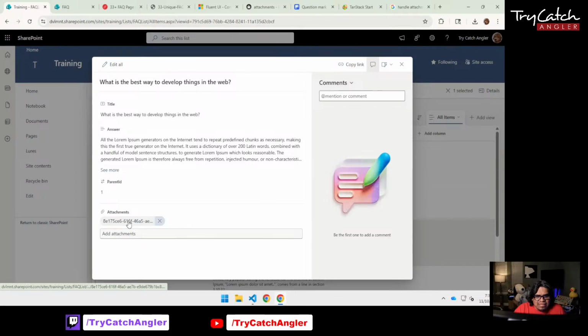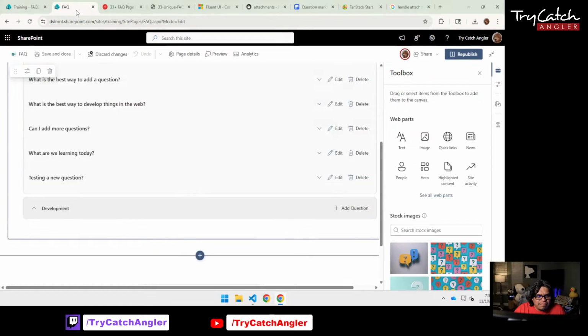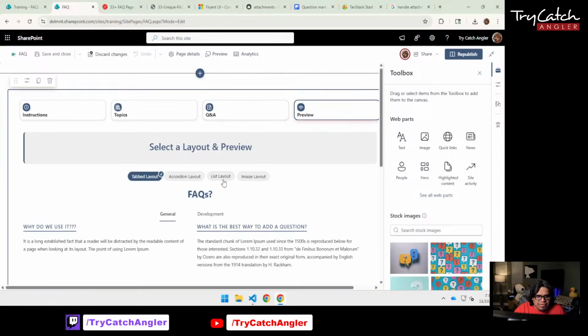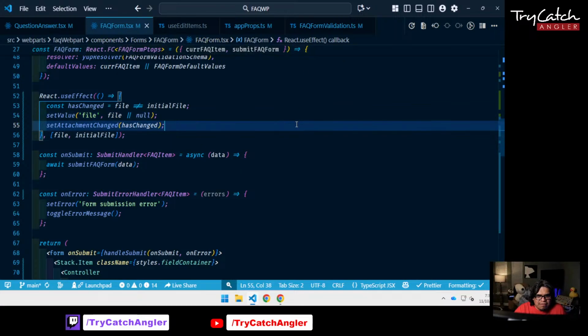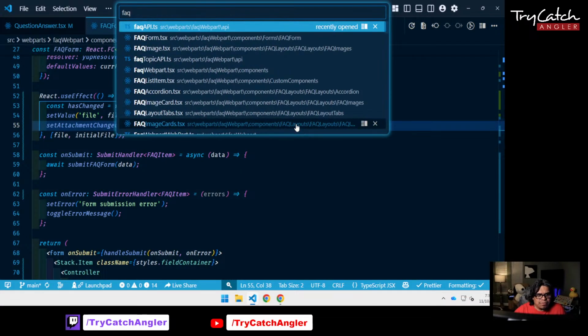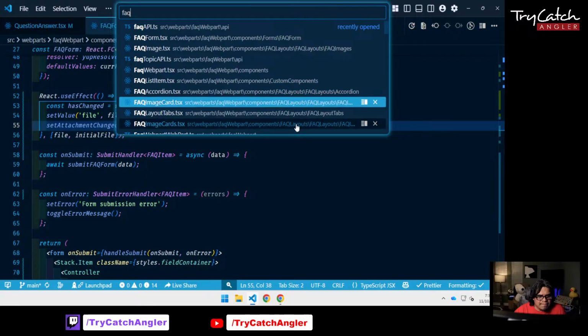Now we can actually leverage this file inside of our actual image. So when we go to preview, what is the best way to develop things in the web? We should see that image right here. So the next step is to be able to actually render the image in that space and have it set up so that when we hover on that image, the answer appears. So that's the next thing. So inside of our FAQ image card,